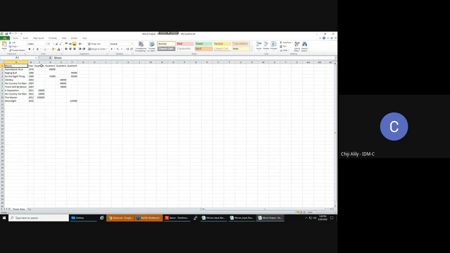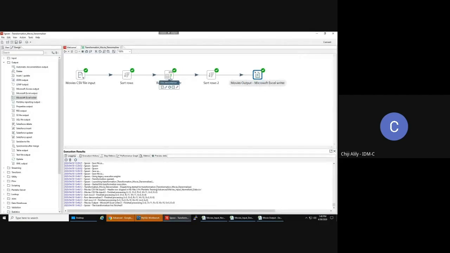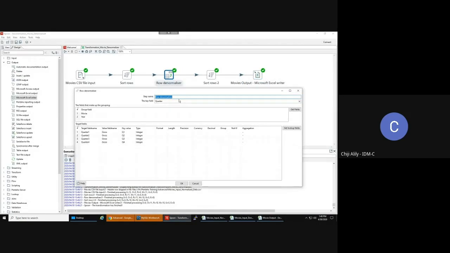right? Quarter 1. And remember, we have that row denormalizer step where we define the target fields. So in this row denormalizer step, remember, this is really the key step where we define these target fields, quarter 1, quarter 2, quarter 3, quarter 4. And then we're defining what to populate these fields with. So we're populating them with the gross values based on the Q1, Q2, Q3, Q4 values in the source data,